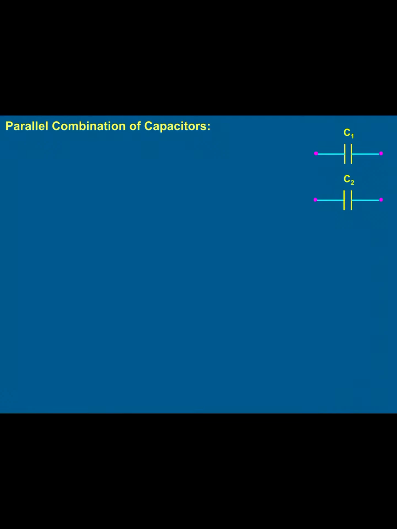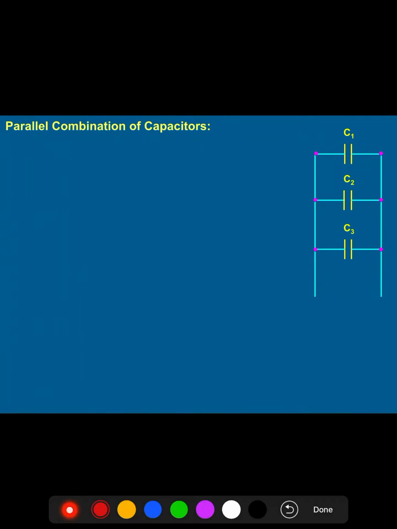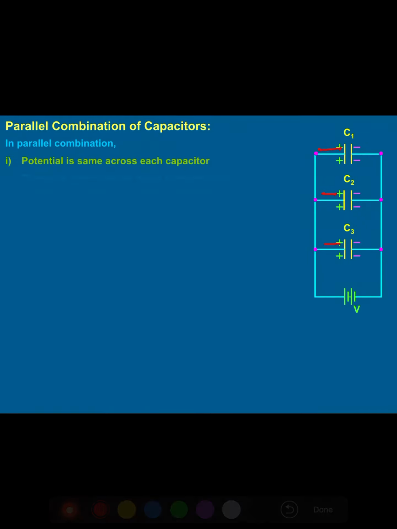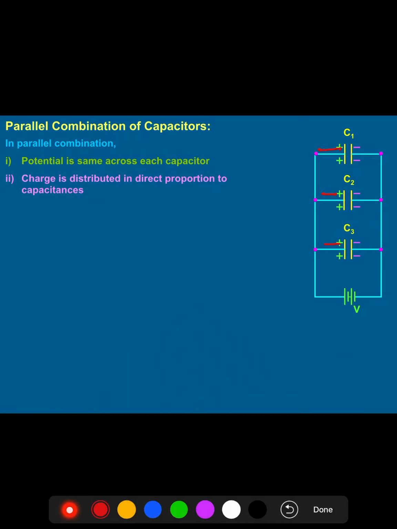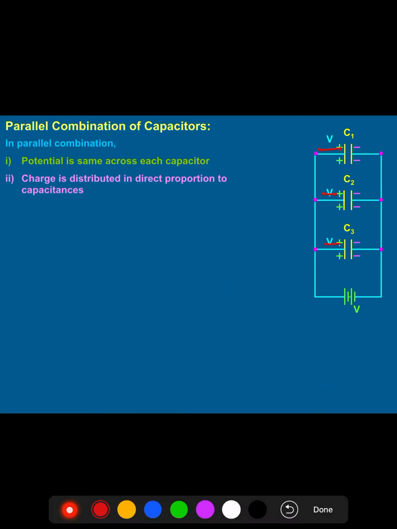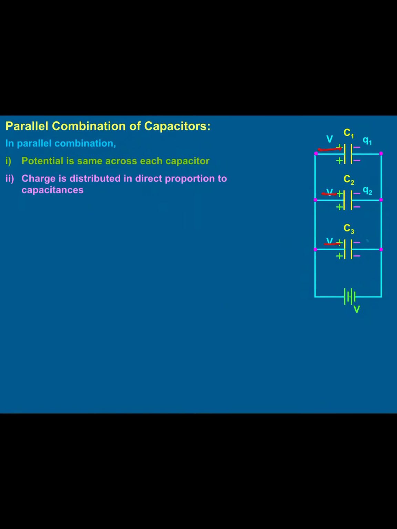This is parallel combination of capacitors. In parallel combination of capacitors, again we have taken 3 capacitors. They are connected end to end. The first plate of all the 3 capacitors, look here children, this first plate, all the 3 are connected to the positive plate of the battery, and the negative plate of the battery is connected to the other end of the capacitors. So here we have taken 3 capacitors. Let their capacitance be C1, C2 and C3.